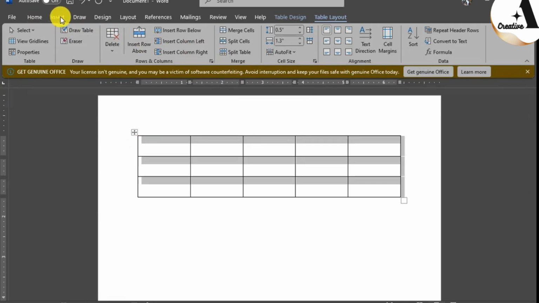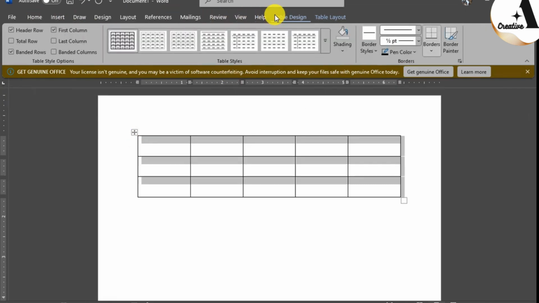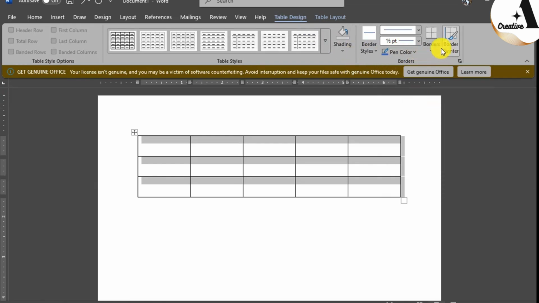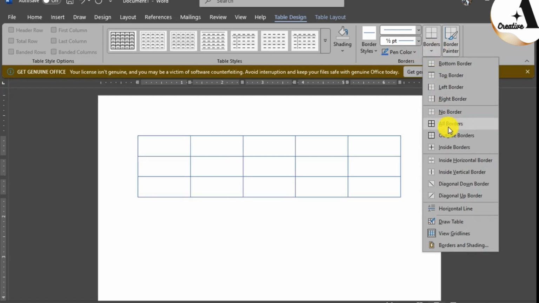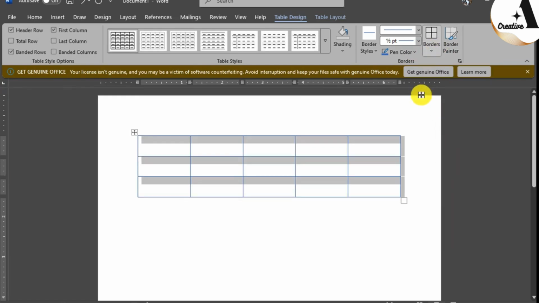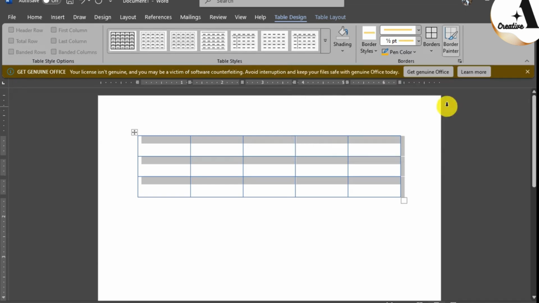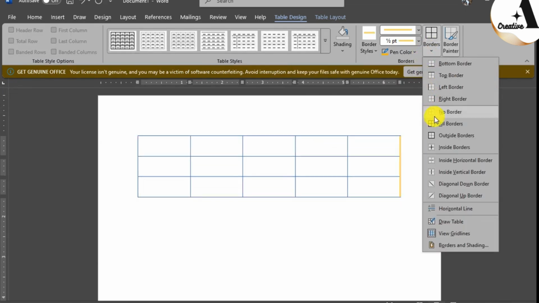We will then move on table design. We will click pen color. We will choose a color that we want to apply for border, and we will click on border and all border. From here we will choose. We can also increase the border size and styles from here by applying these different themes and click on all